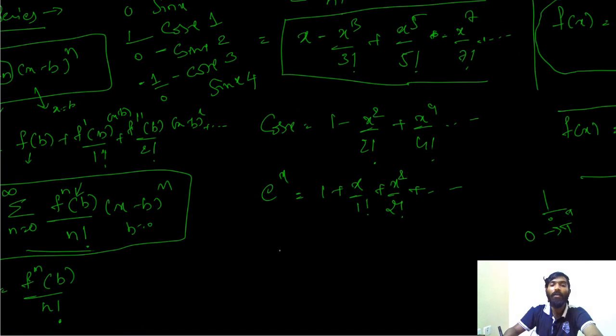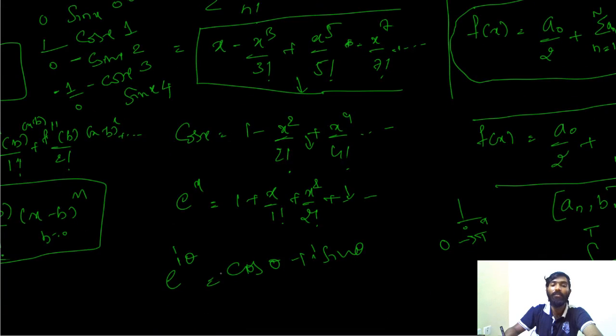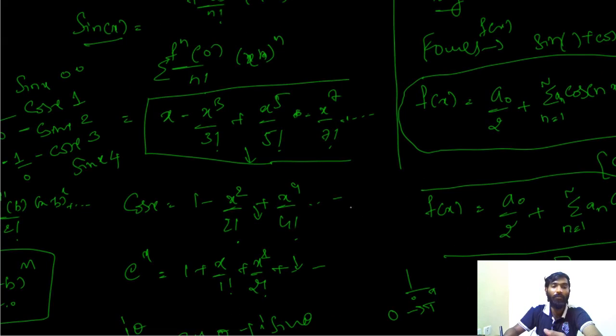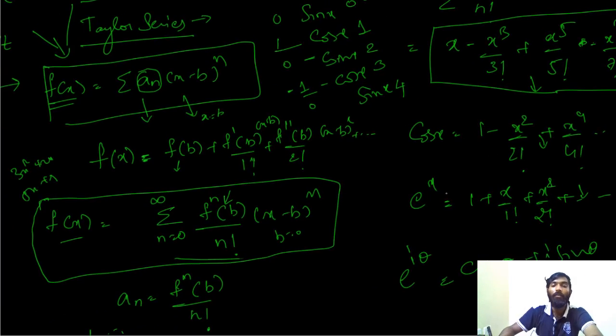And the famous Euler's formula, e to the power i theta is cos theta plus i sin theta, can actually be derived by substituting these Taylor series expansions. You calculate the LHS, you calculate the RHS, and they both turn out to be the same. So this is how Euler derived that formula. This is a brief introduction to Taylor series, and now we'll jump